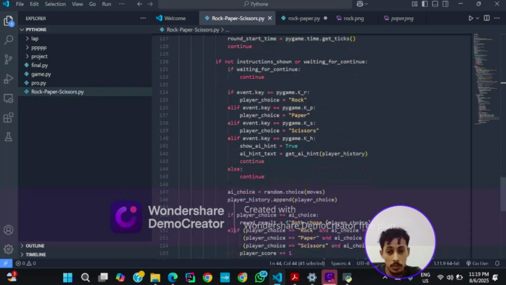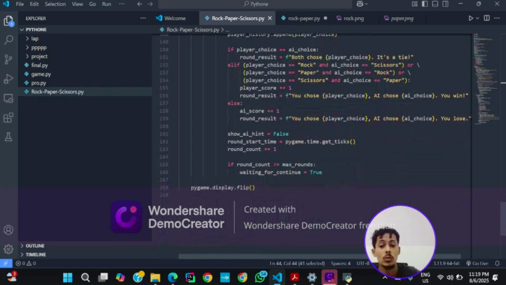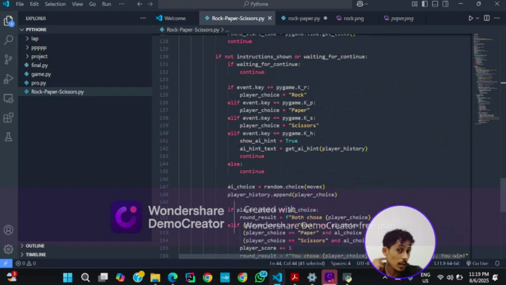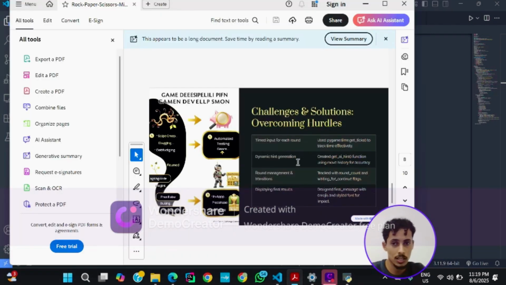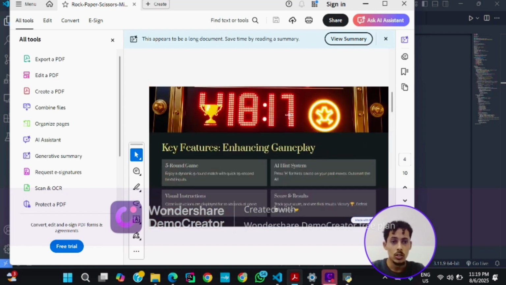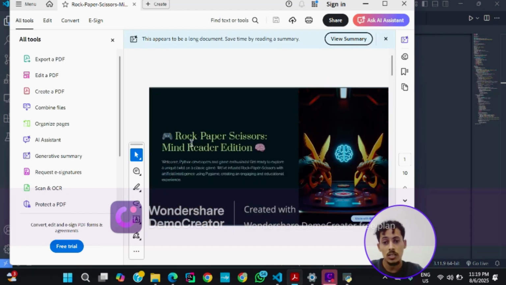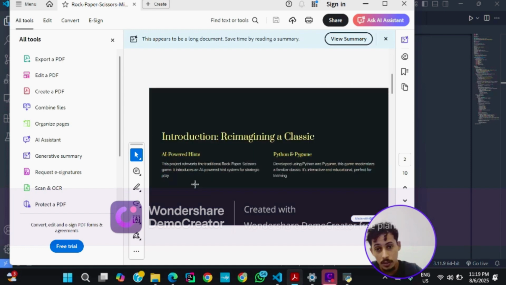In the loop for the game, we prefer to choose an if condition, and this is why we chose the if condition. Also, I'm going to go quickly because we are running out of time. Here, Rock Paper Scissors. As I said, we developed the Python game based on Pygame, and we implemented a feature inside the loop.